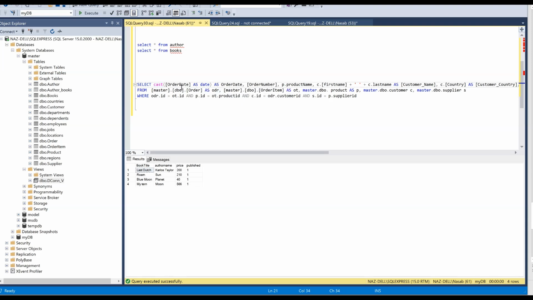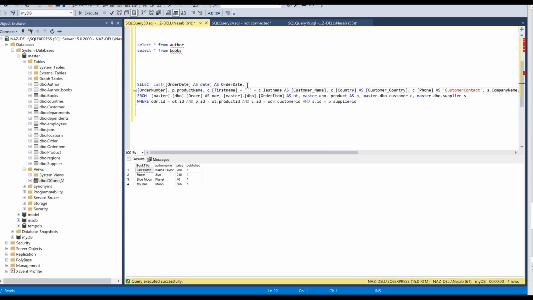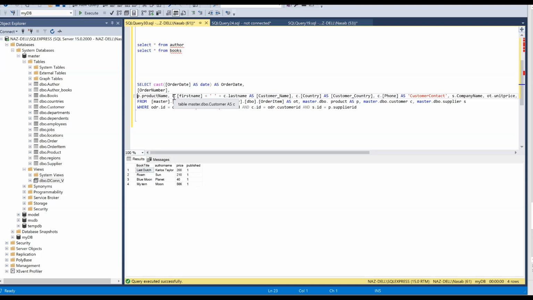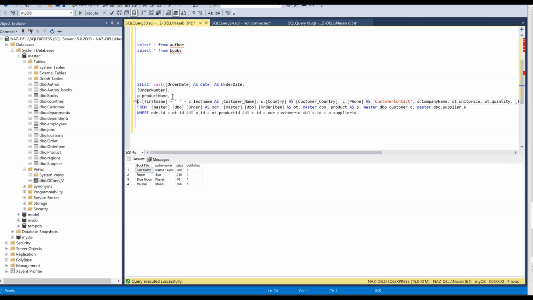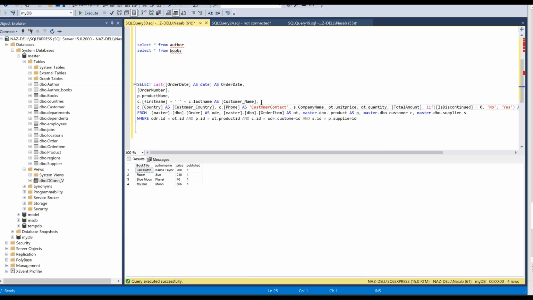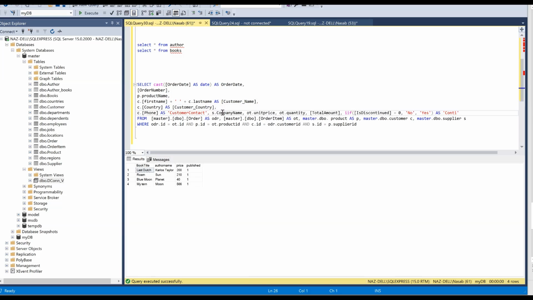Casting means converting the data type, and then order date, order number, product number, product name, customer name, customer country, customer phone number,